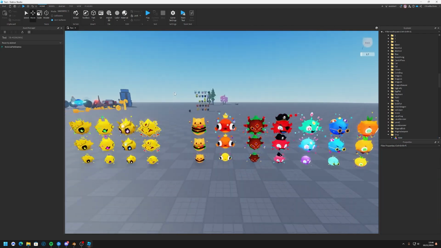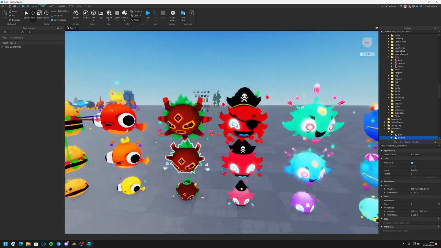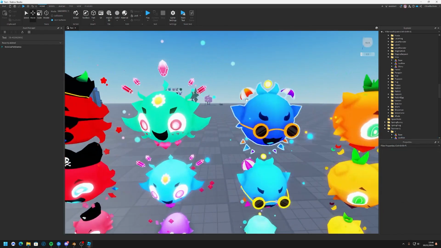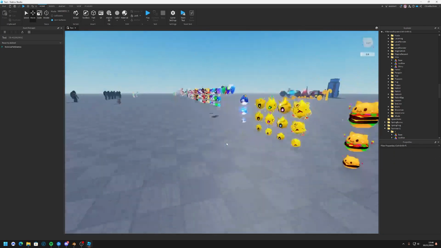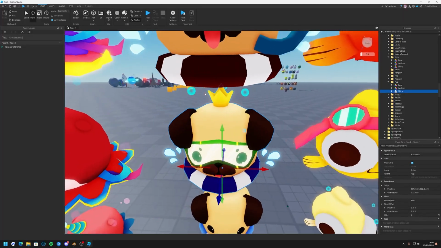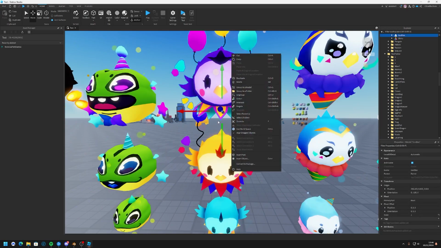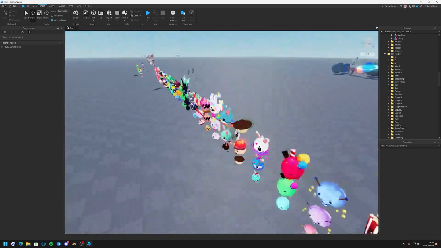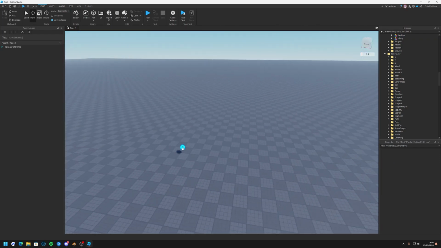All of these pets over here that I had done for Race Clicker, the exact same process has been followed. So just vertex painting, obviously they're a bit more complex than the one that we just made, but some of them take ages, and some not so long. The ones like the parrot with a collar, they obviously take a bit longer. But vertex painting, very